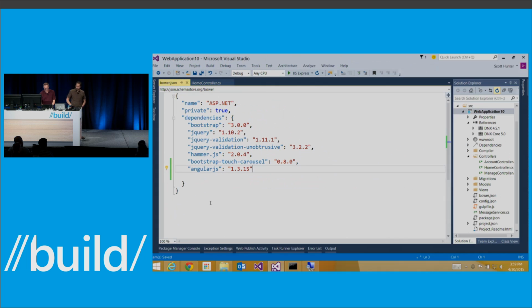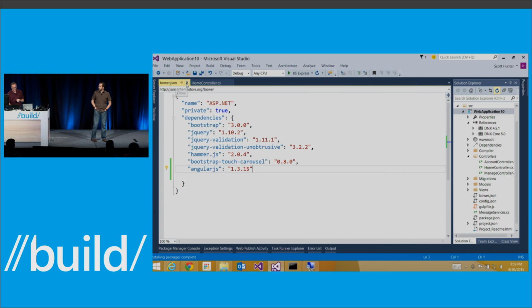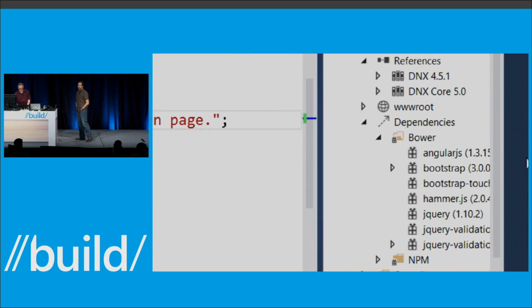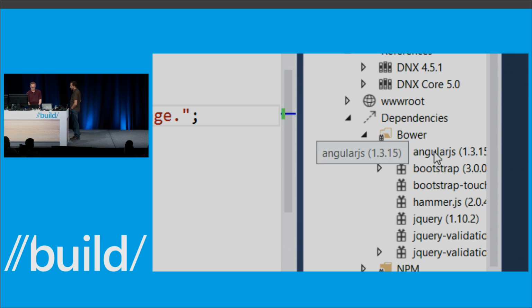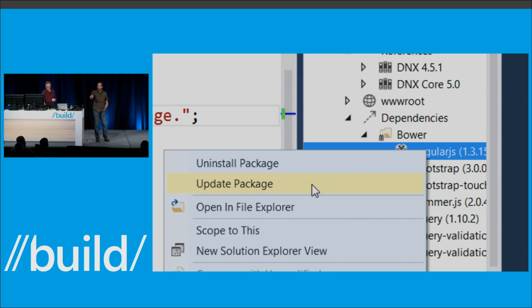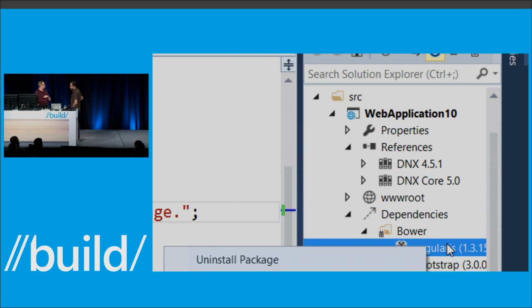Now that does not bring Angular into my project. It makes it available to my project, but remember that www root. It's got to get over there. Someone has to put it there. It doesn't just drop it into the root of my system. You know how in NuGet, one of the first things people wanted was the ability to control where the JavaScripts go. Now you get that. So yeah, we stick this in a special folder, and then we have another file, which is a gulp file,